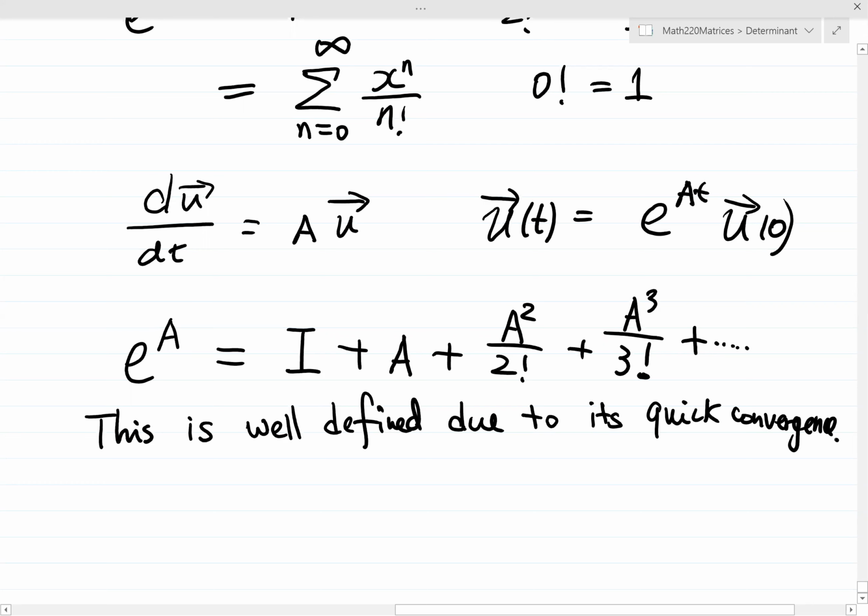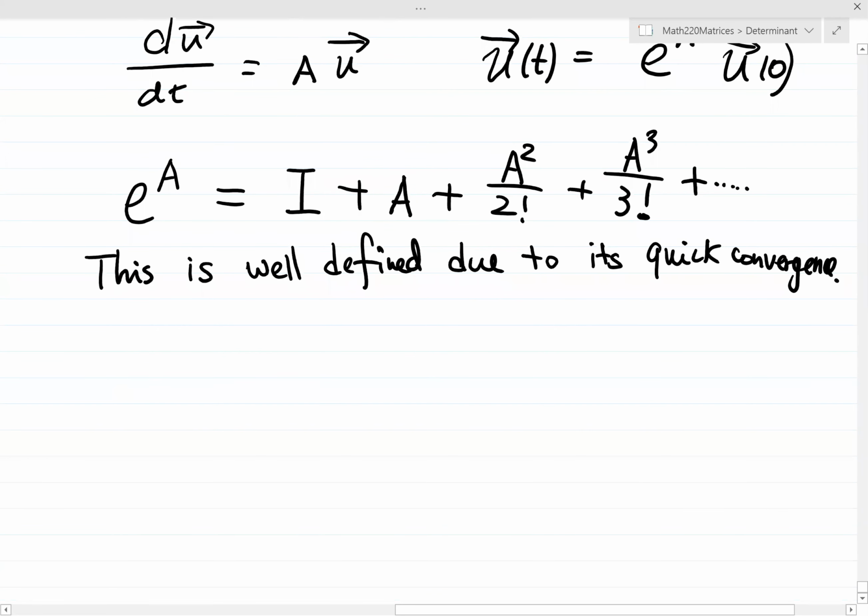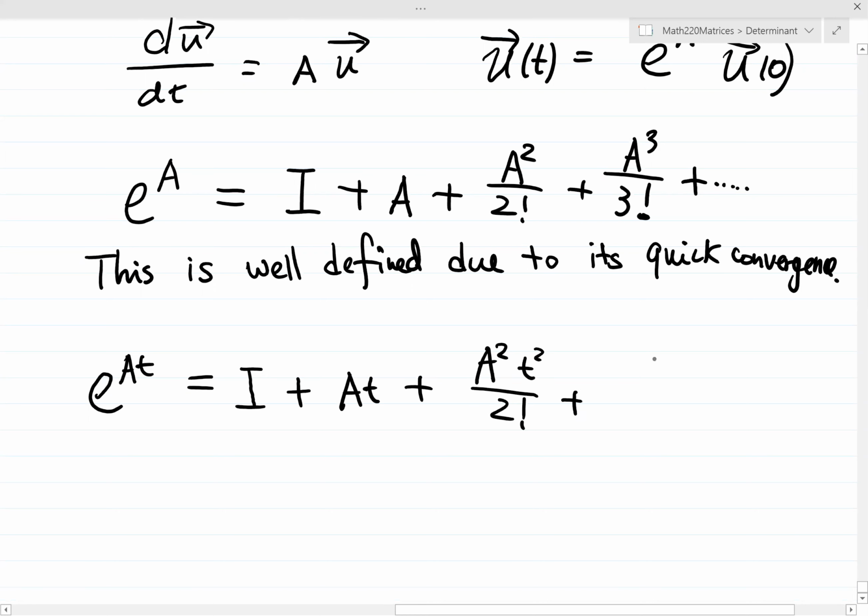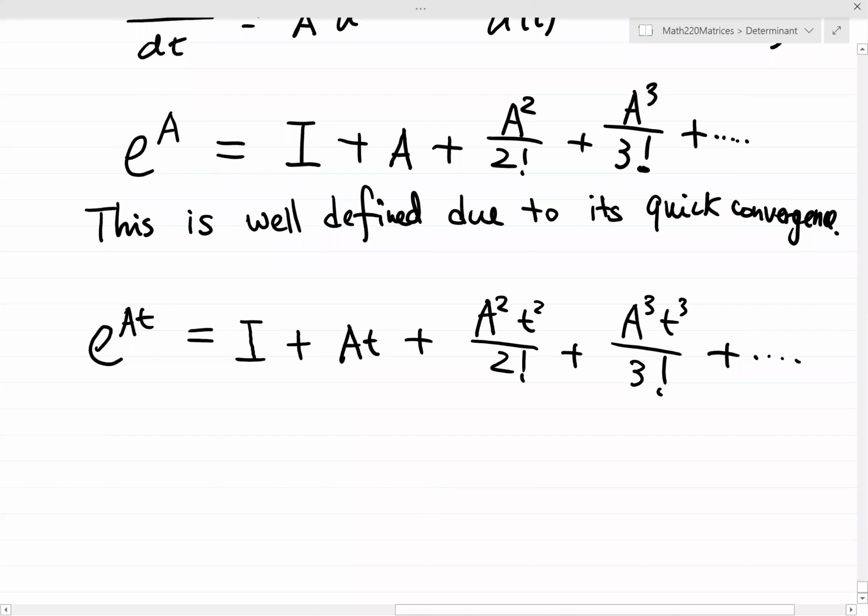Okay, so there's no issue about the divergence at all. It's defined everywhere. Now you see e to the At, similar to e to the at, will be I plus At plus A squared t squared over 2 factorial plus A cubed t cubed over 3 factorial, etc. So you can actually check its derivative